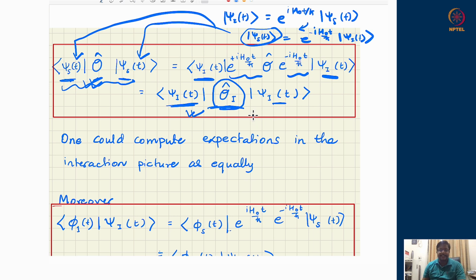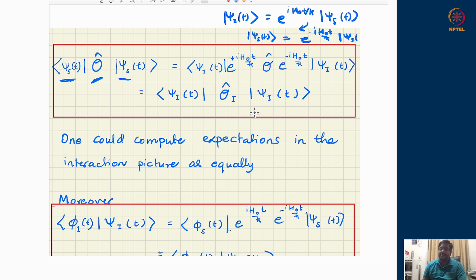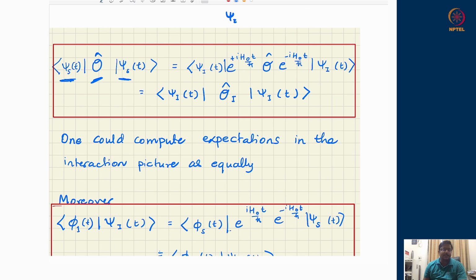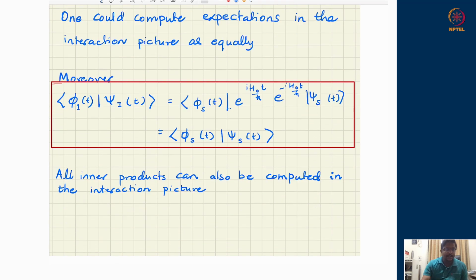So we will realize that for many of the computations which we will discuss later on, the interaction picture becomes a smaller computation. So using this philosophy and this knowledge that the expectation values do not change from one picture to another, I can compute things in the Schrodinger picture, or I can do the computation in the interaction picture. Answers will not change. Similarly, one can prove that even the inner product between the wave functions does not change under the Schrodinger picture or the interaction picture. So therefore the probabilities, the projections, the coefficients, all these things in the interaction picture or the Schrodinger picture will remain the same.